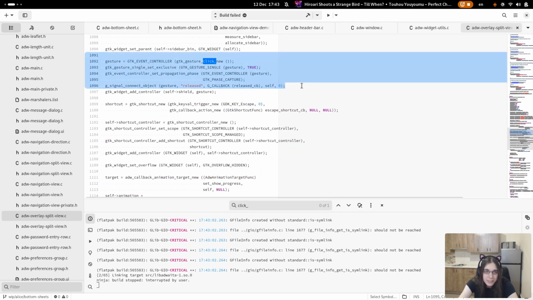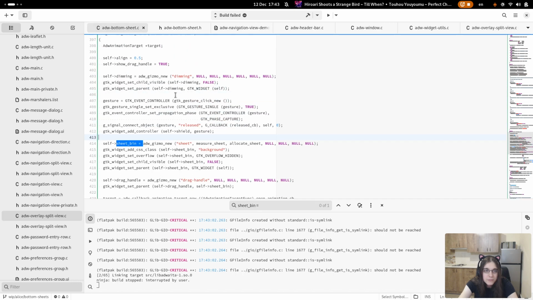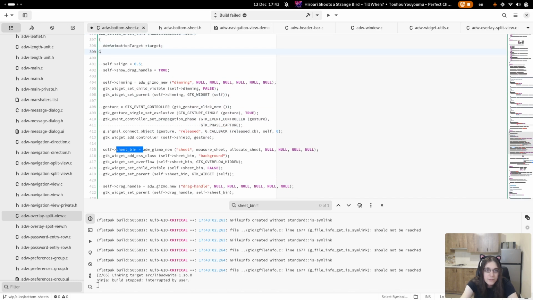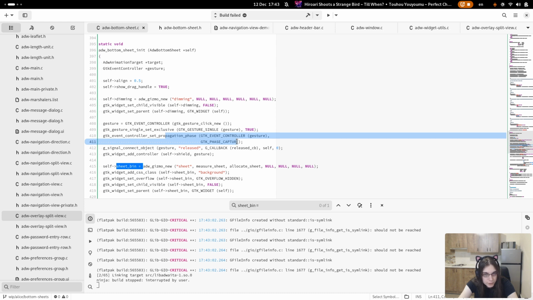So I add a click gesture to the dimming. Where's it? So I wait, no, event controller. So I create a click gesture. It's exclusive. It runs on capture phase. I don't remember why that was needed, but okay.